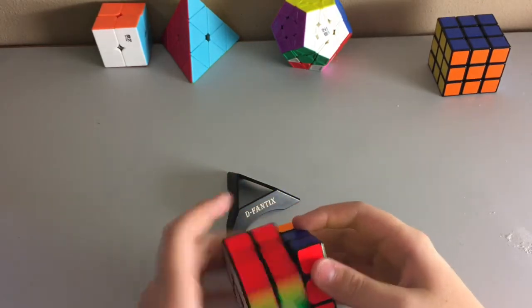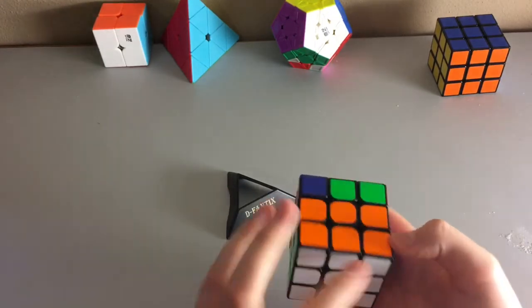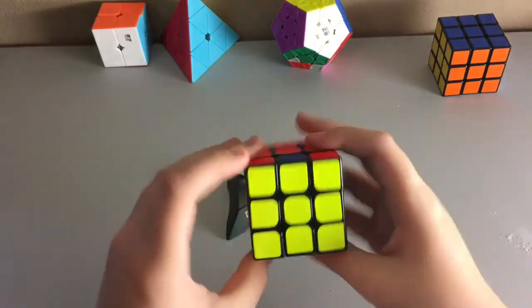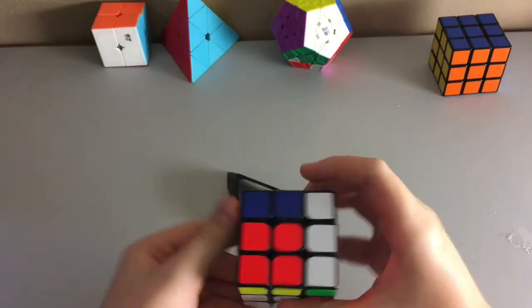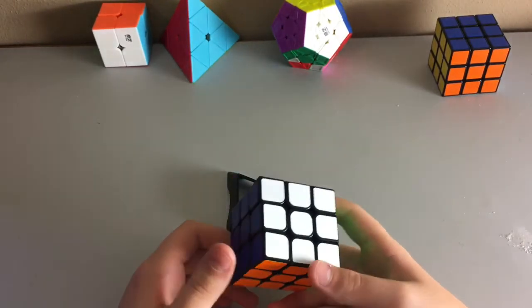and then all I need to do is find headlights or a solved side, put that on the bottom with white facing you, and then do the corner permuting algorithm, before leaving me with the edge permuting, where you put those back into place, solving the cube. So that was the walkthrough solve,